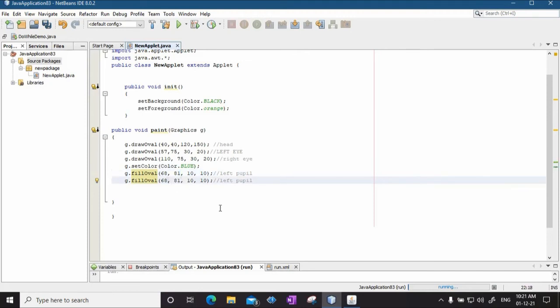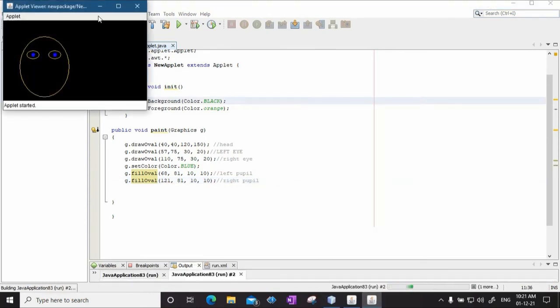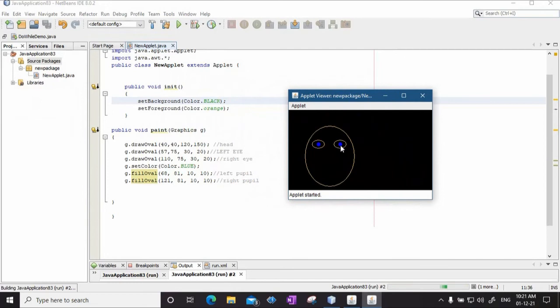Now this x value will change. For the right pupil I will just say 121, and this is the right pupil that we are drawing. I'll save this. Let's see whether, yes, so we have two eyes and two pupils.